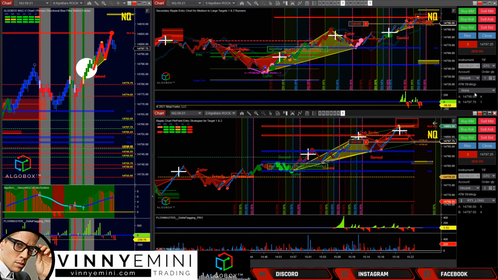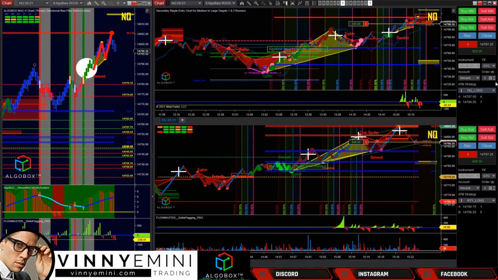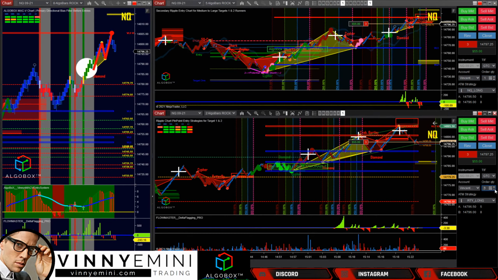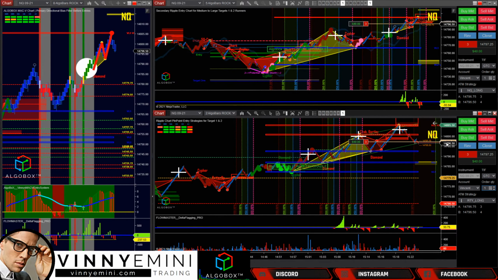Why did my ATM not fire off? Oh my word, I clicked this one, so there's no ATM on it. Okay, targets down here at that PRZ. Wow, I'm working this up. Lack of prep. Didn't have that set. Too much thinking around this one. Got this beautiful red dot coming down the 8s.